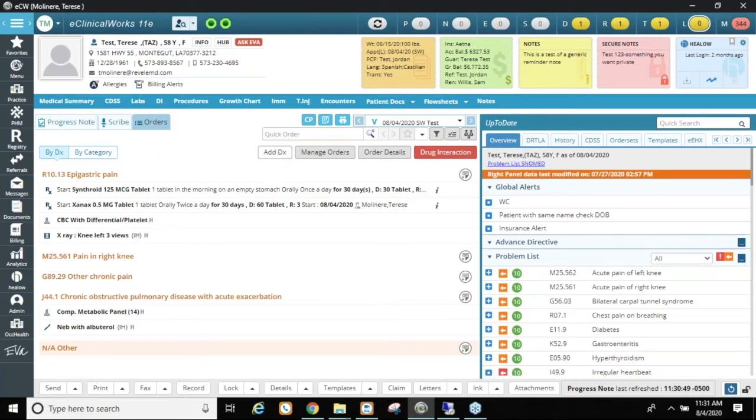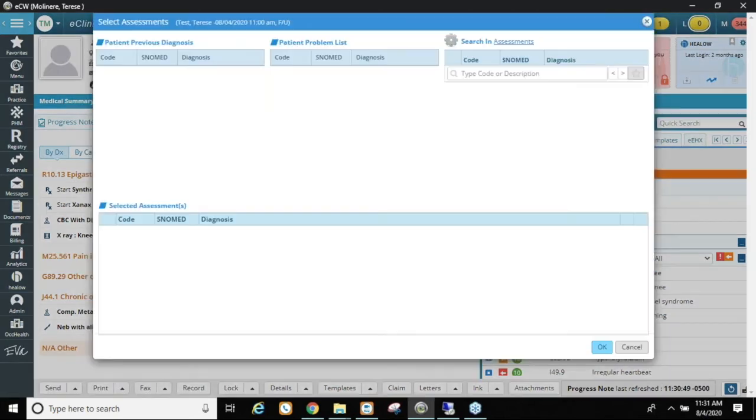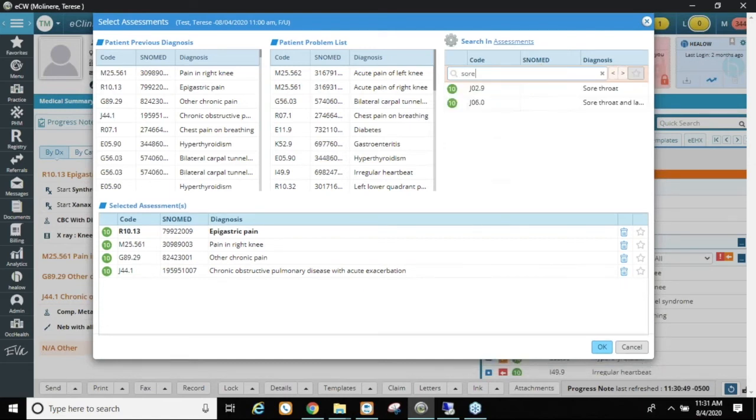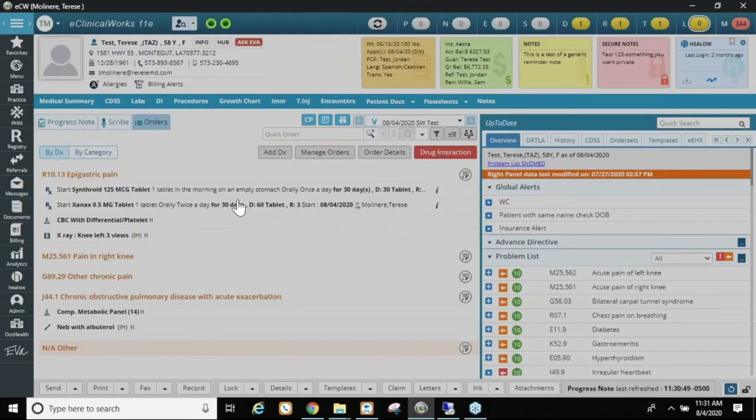So if I click on add diagnosis, I have the ability, and I could have done all of my treatment from this window right here without going to treatment. I could have built my diagnosis in over here to the right. I could have searched for, just say, sore throat if I wanted to, and I could have added that diagnosis on the fly. If I go to manage my orders